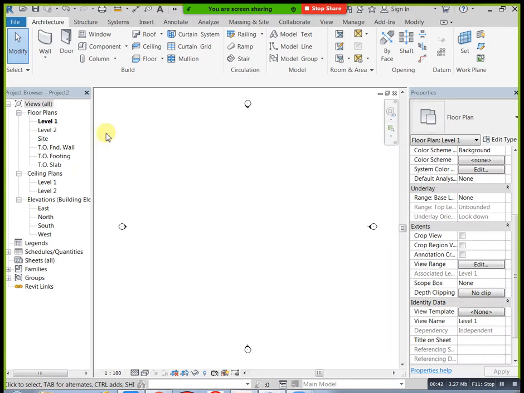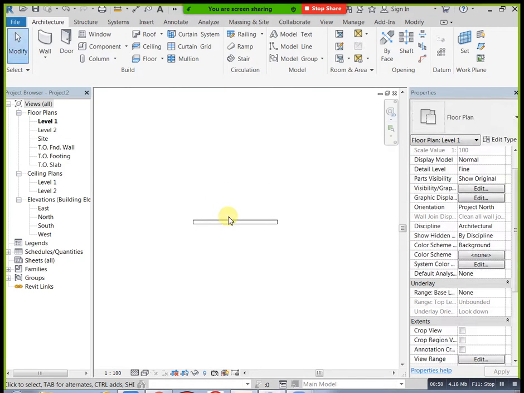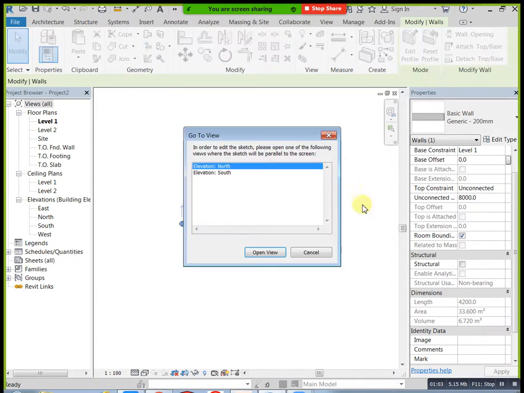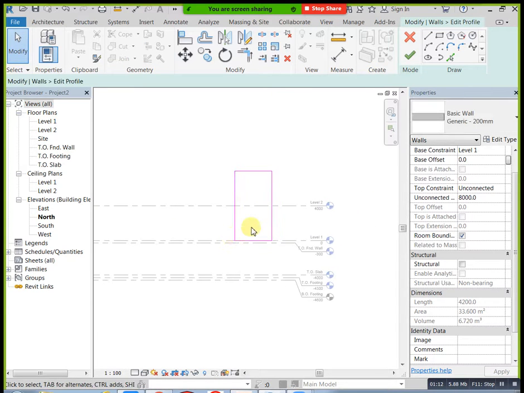Okay, now you can see, for example, this is my wall. Here to here I have wall. In this wall I have one arch. Arch condition, what you do means, first of all you need to select your wall. Either partition or entrance, you can select that wall and click on edit profile here. Go to required view, same as family step. Go to required view, north or south, both are applicable. Okay, this is our wall.